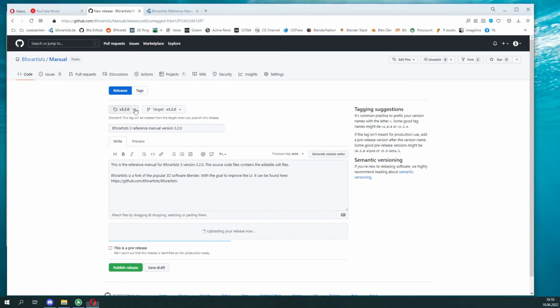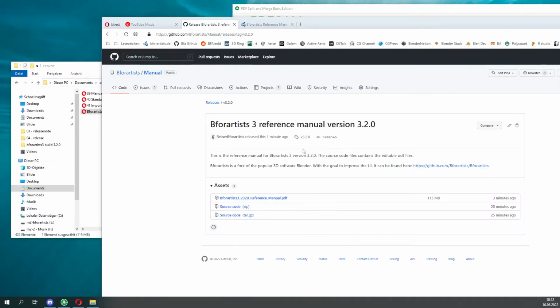Here we are. Forgot to click at this button here. Okay, here the number and here the branch. Release is done. Now we need to bring this manual to the web page, and this is something special because